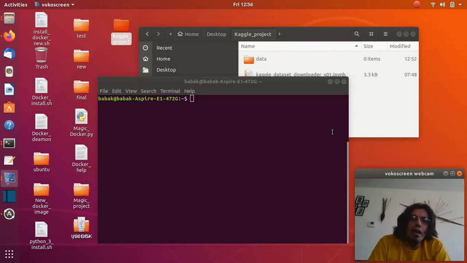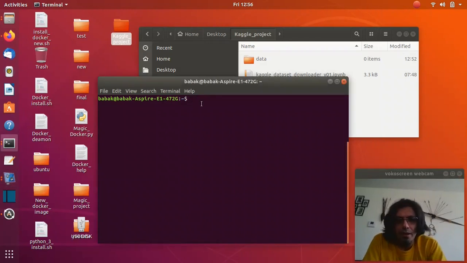To use the Kaggle API, firstly we have to install the Kaggle API on our computer. Let's see how we can install it. pip3